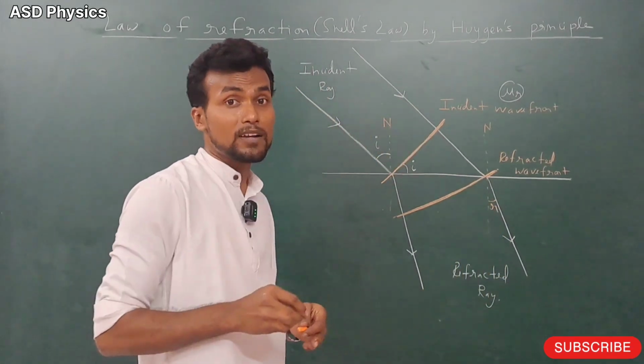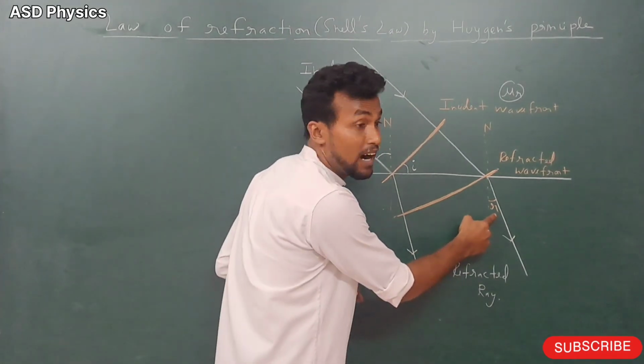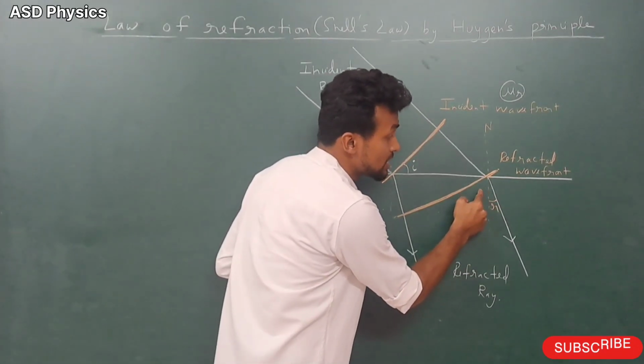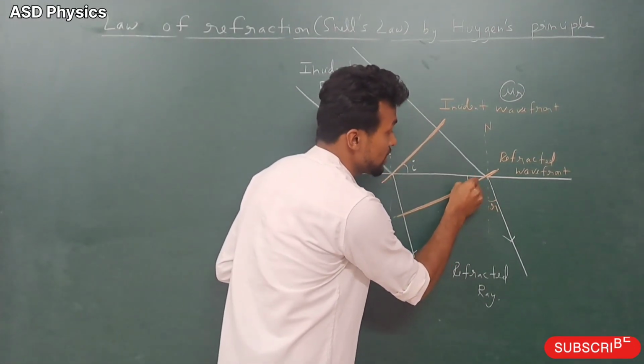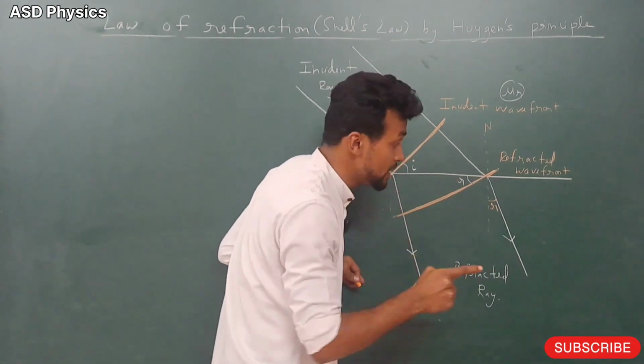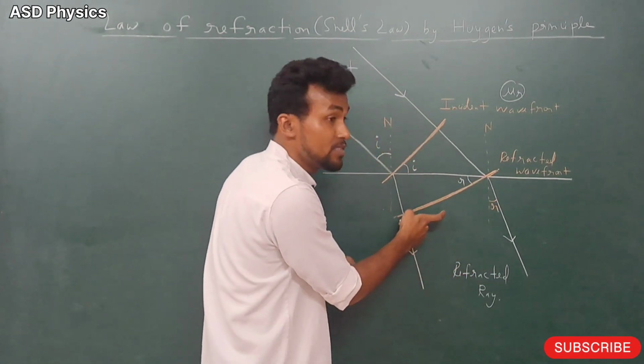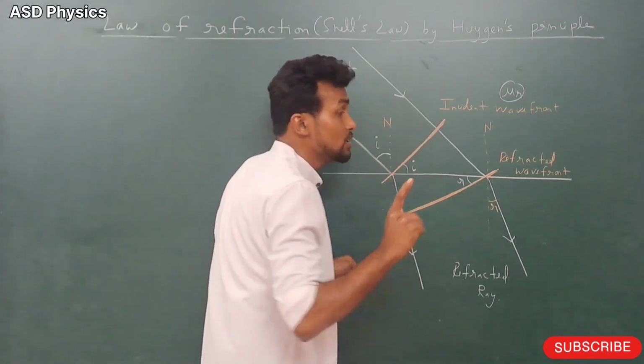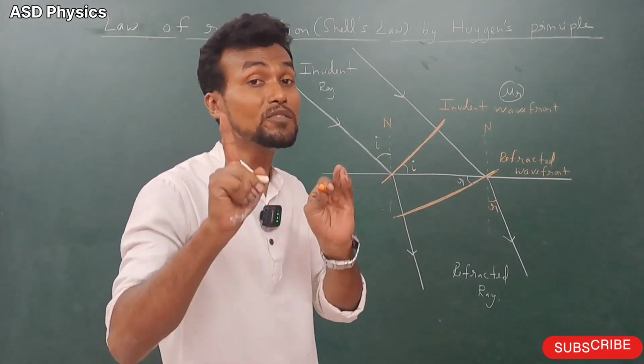Okay, now after that what will we do here? Again this angle R. So this angle here how much? 90 minus R. So this angle how much? R. Whatever angle this refracted ray will make from the normal, the same angle this wavefront will make from where? It will make from the horizontal. Okay, this concept should be very clear.